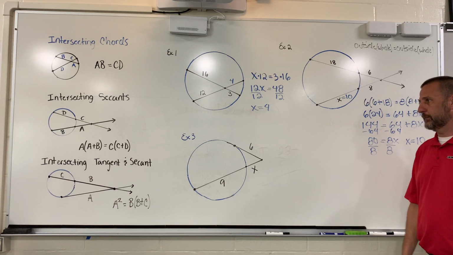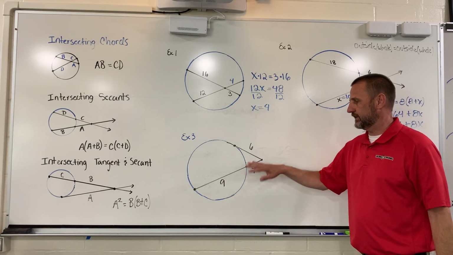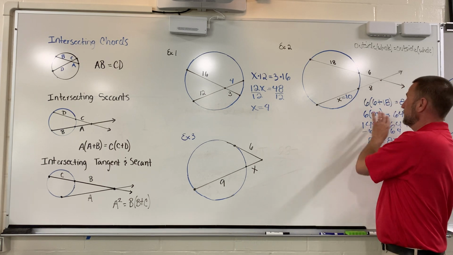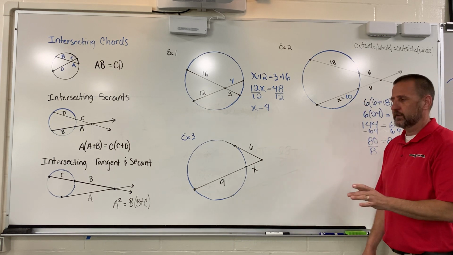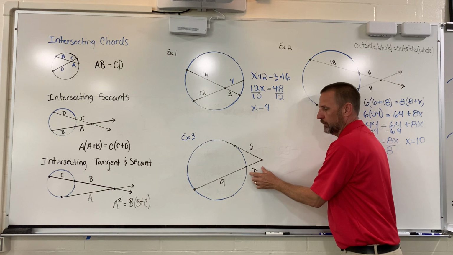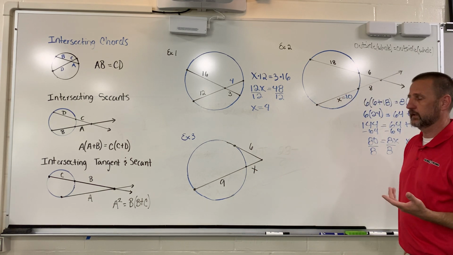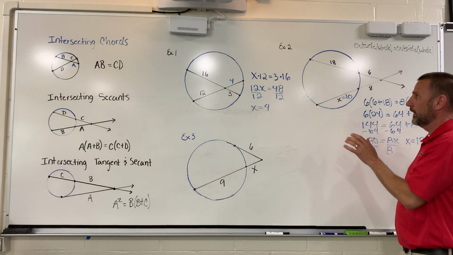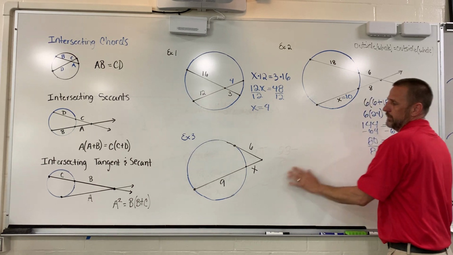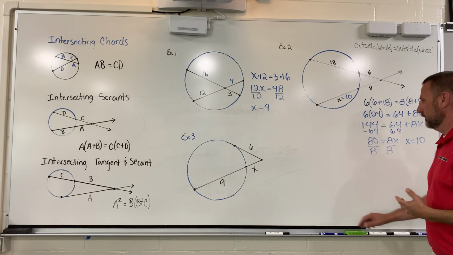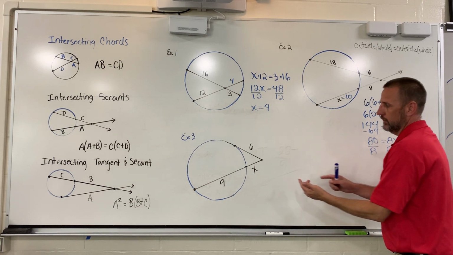All right, my last example, I'm going to do one that has a tangent and a secant, because sometimes they have different variations of this problem, in which sometimes we have the variable on the outside, and that actually makes the problem a lot more difficult, and I'll show you why in a second. But I'm going to do this problem with the exact same method, or at least logic, and then I'm going to take the part on the outside